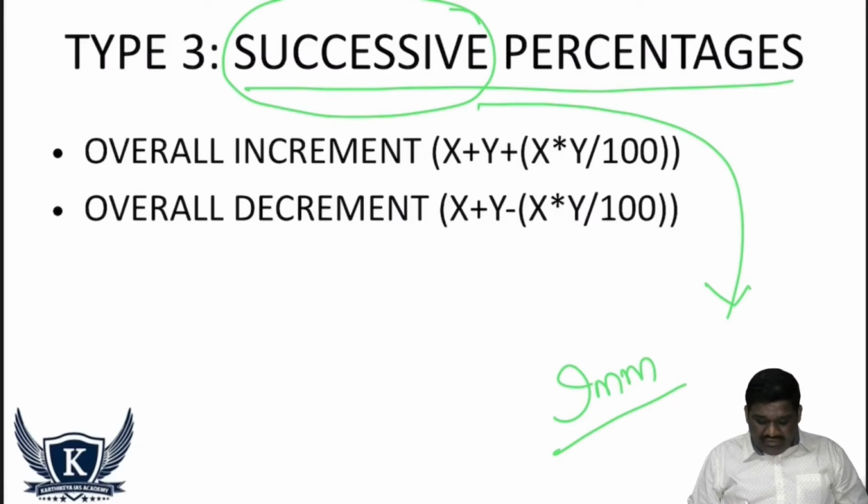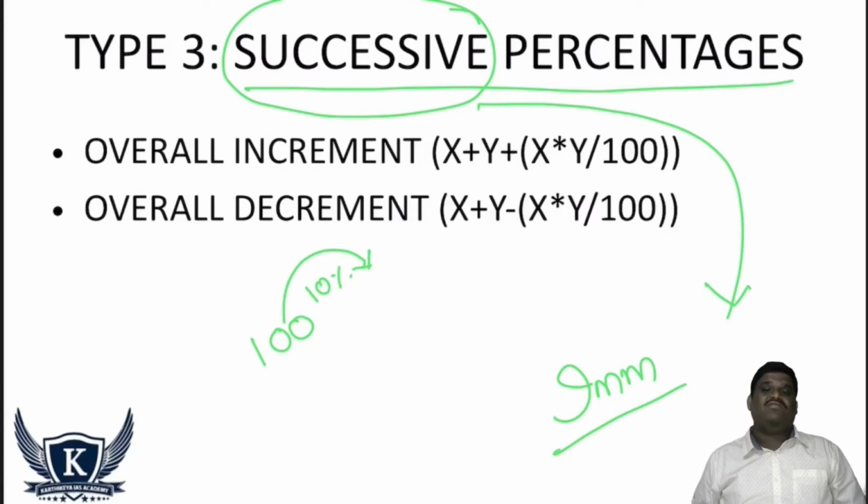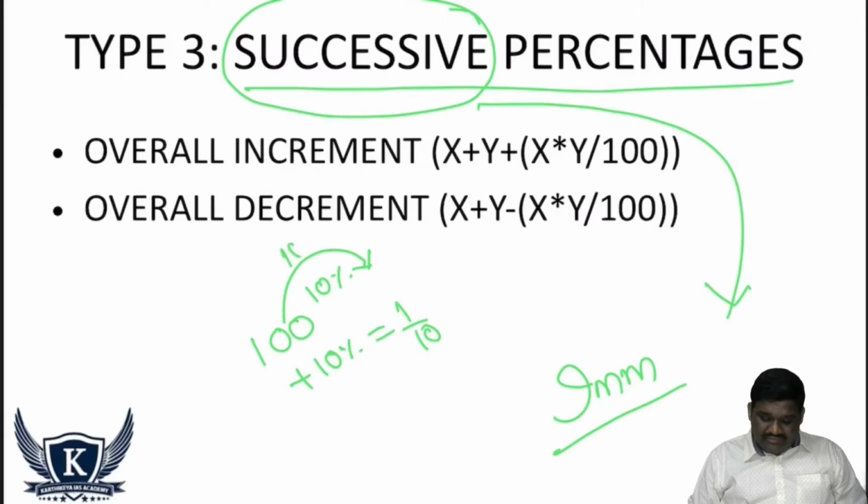If I buy a pen for 100 rupees, but unfortunately I am not aware of the price. I took 100 rupees to the market, but the shopkeeper told me yesterday there was an increase of 10% on the cost of the pen. So I got back to my home. I calculated that there is an increment of 10%, and I know 10% is equal to 1 by 10. 1 by 10 of 100 is 10.